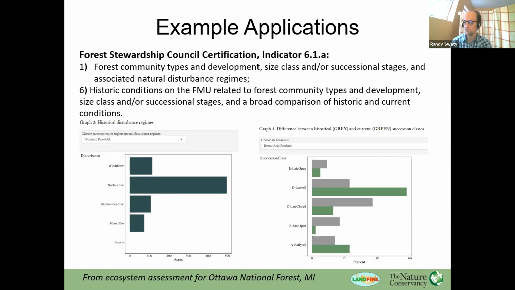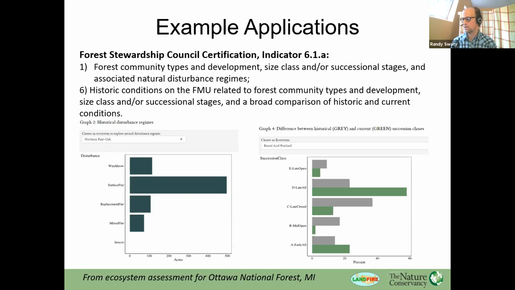On the bottom left, you see acres disturbed by the northern pine oak ecosystem in the Ottawa National Forest. So roughly 500 acres of surface fire in their pine oak ecosystem. In this web app we put together, you can select different ecosystems and get updated charts.